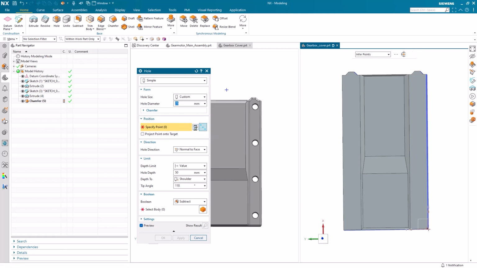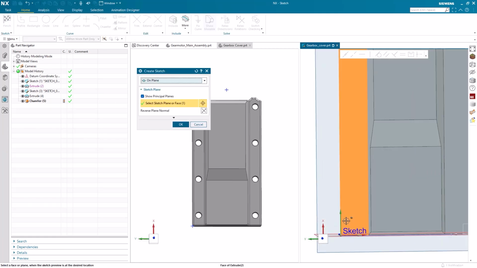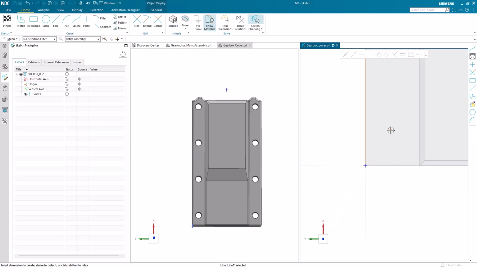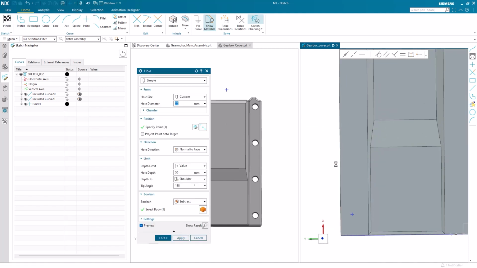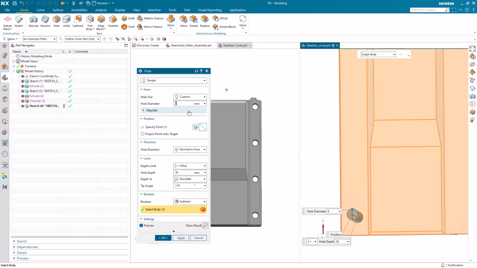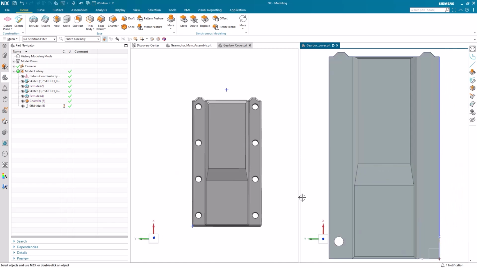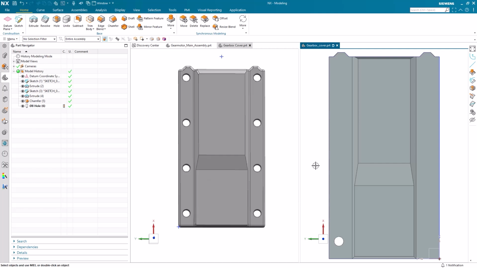To place our hole, we are going to use the Sketch Point tool that is built into the hole command. This will allow us to properly place our hole at an appropriate distance from the sides of our part. After we have properly centered our point, we can finish our sketch and the hole dialog window will reopen. Now, all that is left is to set our hole diameter and we can finish our first hole. One quick and easy way to replicate this without extra unnecessary steps is the pattern feature tool.